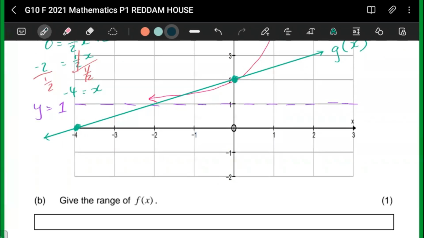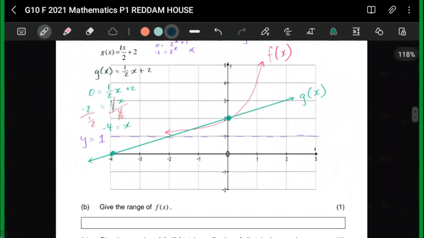So here they're asking for the range of f. f is an exponential graph. Now, when they ask for the range of any graph, they will be asking you which y values that graph goes to. So our exponential graph here, if you can see how it is behaving,